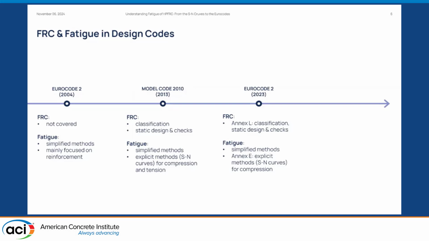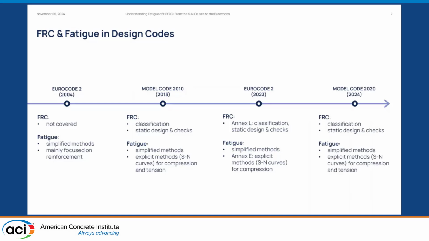Now we come to Eurocode 2, which was recently updated. And now a new annex was introduced, Annex L, but again, only for static action, and I will go deeper into the details in a few seconds. And again, fatigue, but only for ordinary concretes. Now Eurocode contains Annex E and Section 10, which deal with fatigue, but only for ordinary reinforced concrete and compression only. And finally, the new version of the Model Code, again, builds upon the older version and also contains an S-N curve for tension, which is relevant for flexure.